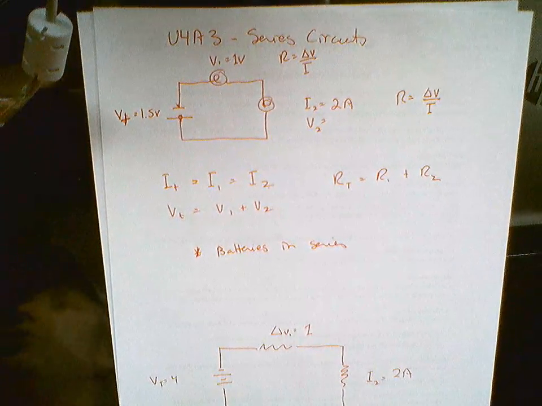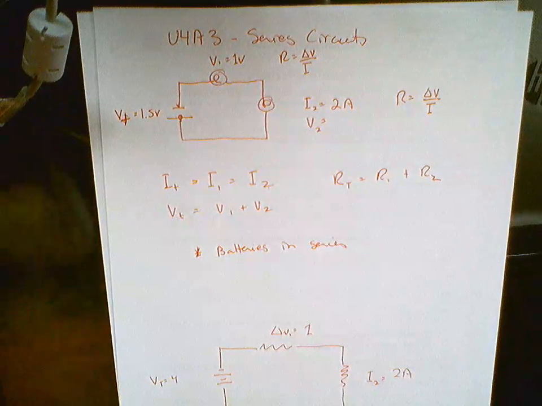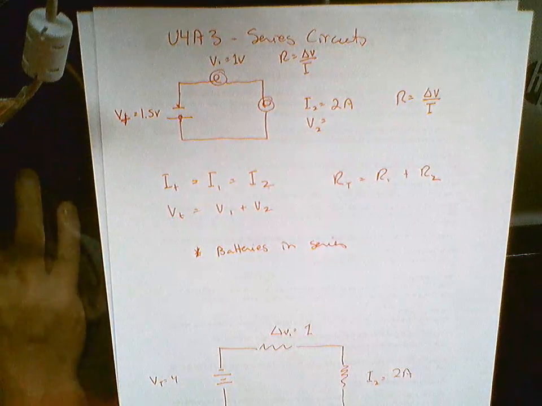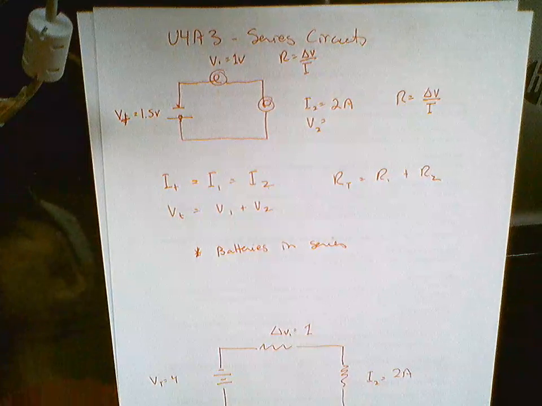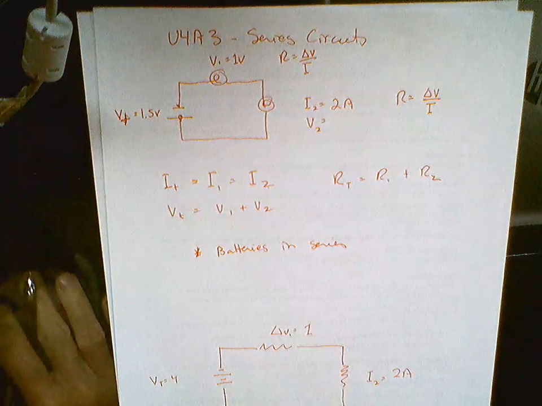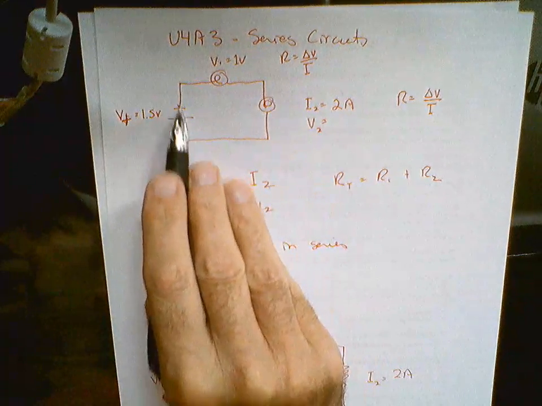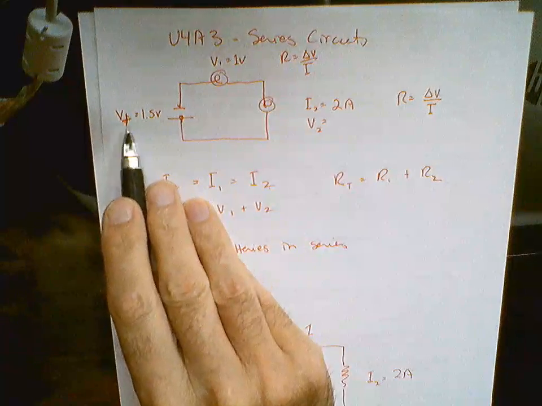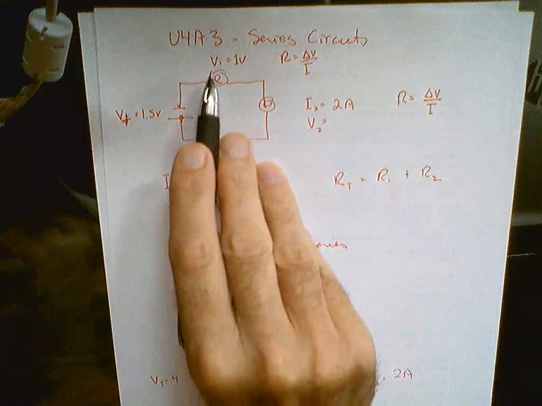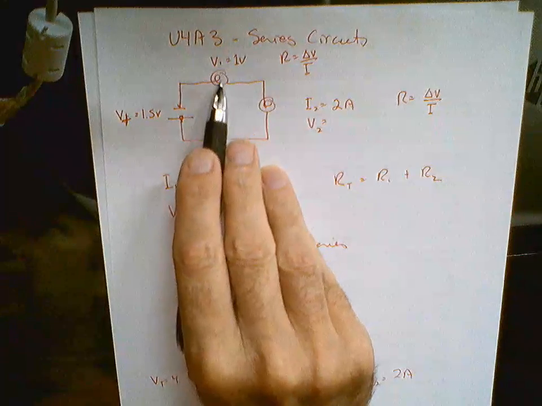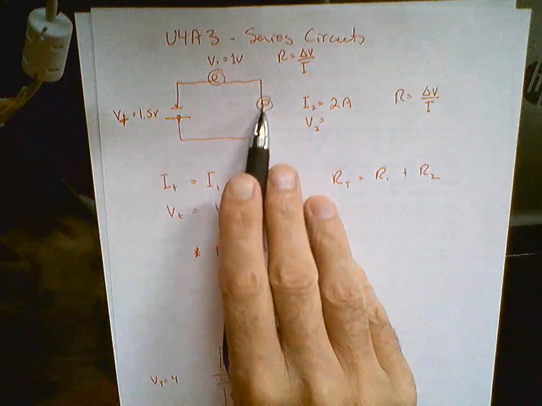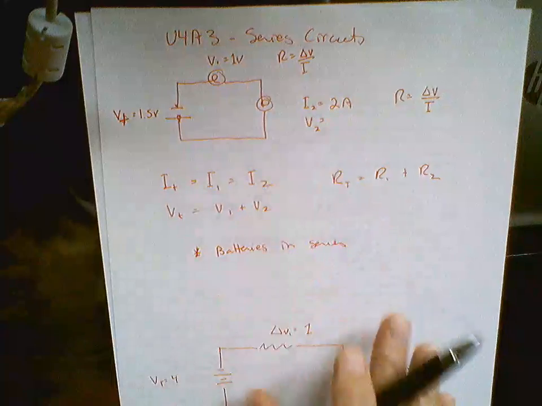Okay, we are on Unit 4, Activity 3, and this is where things start to get really important. What we're looking at here are series circuits. So, what I've done is I've set up a simple circuit. It's got a one-cell battery with a voltage total of 1.5 volts. At load number 1, our voltage is 1 volt, and at load number 2, we know that our current is